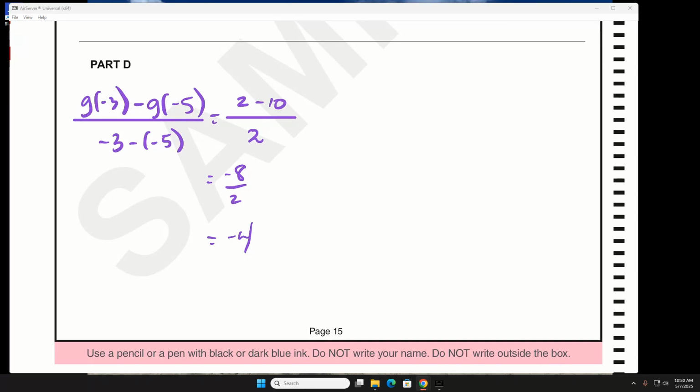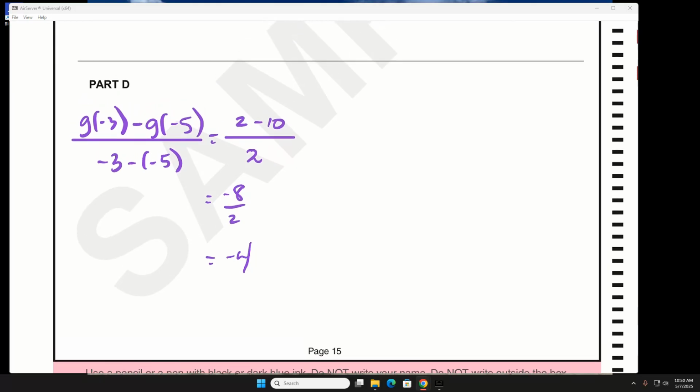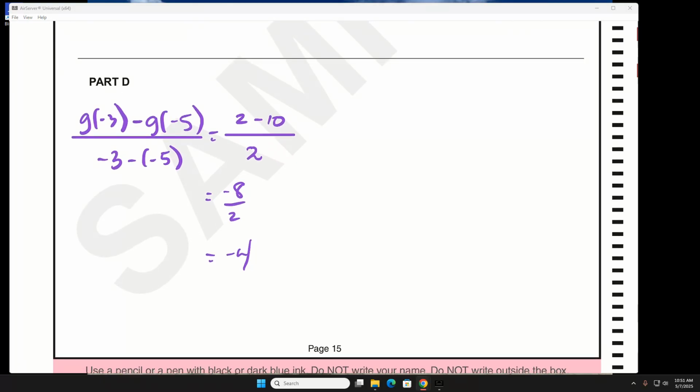So because we got that negative 4, and that's what we were trying to prove is possible, or guaranteed, or there must be, then the answer is yes, there must be. So we have to say all the right things though. So for the mean value theorem, the function must be continuous on the closed interval, and it must be differentiable on the open interval, and that is the case, because we know that